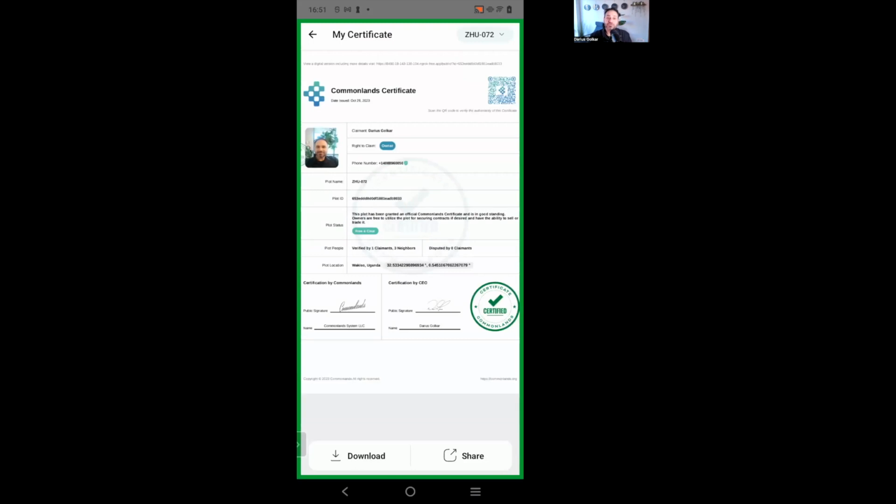Now, that certificate that you just saw was not on the blockchain right before I just went in to draft it. When I clicked on view certificate, it automatically issued the PDF document with all of the data, pushed it on the blockchain, and then generated the PDF for me.